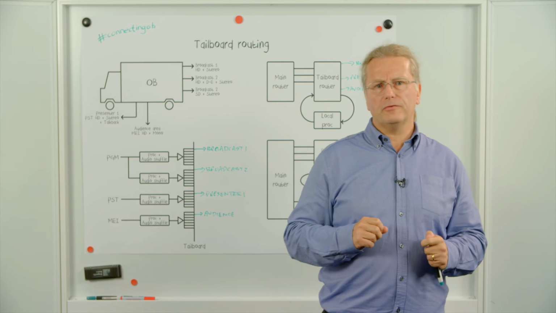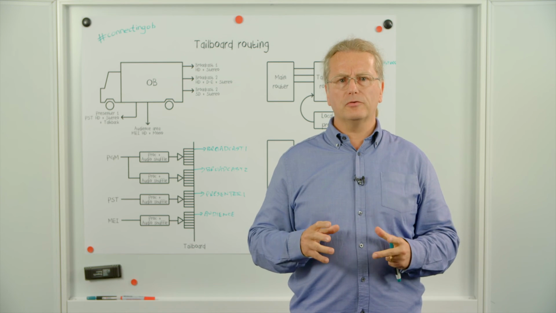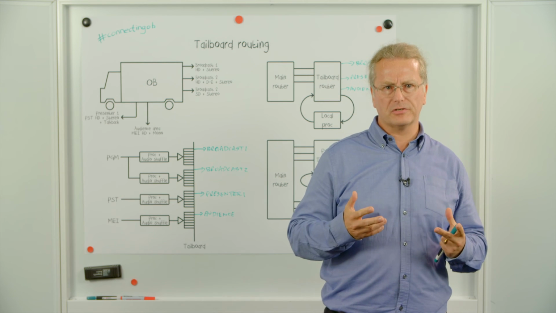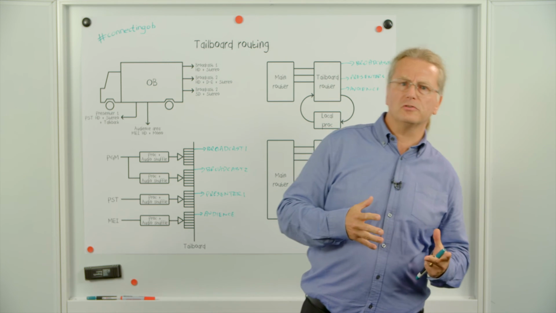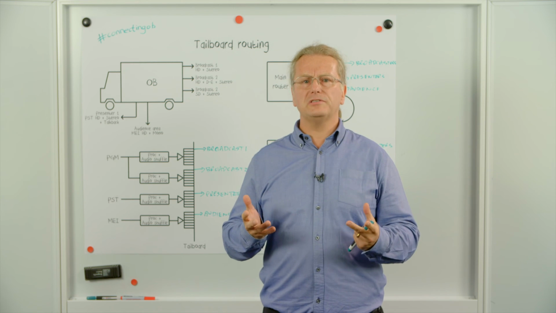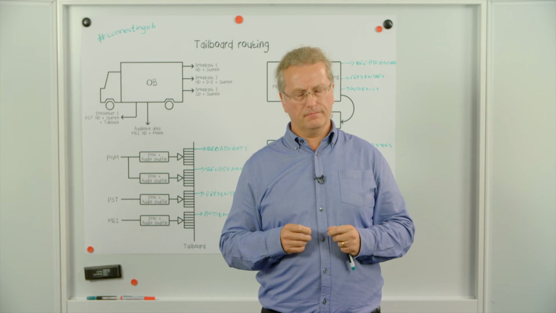With the time constraints often imposed on OBs, providing a tailboard router allows for change to be easily made to signal distribution without disturbing the main production. And with a suitable control interface, this could even be by end users. All of this is easy to do, so why isn't it done more often?